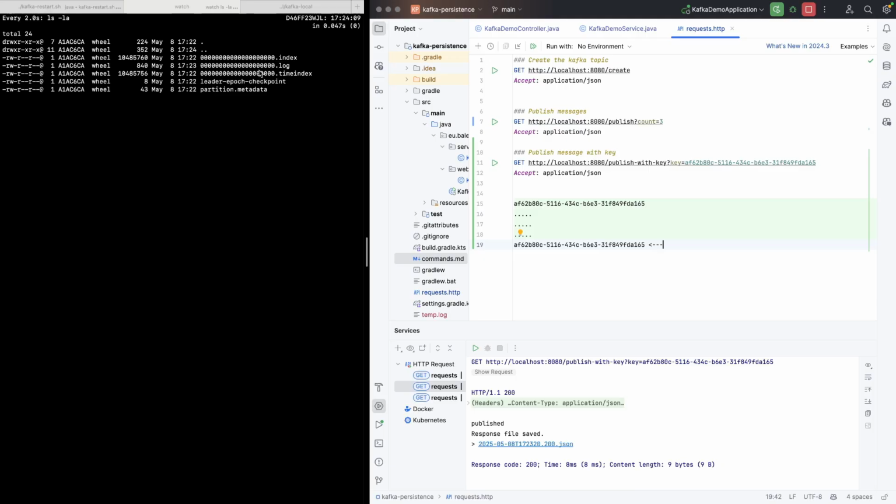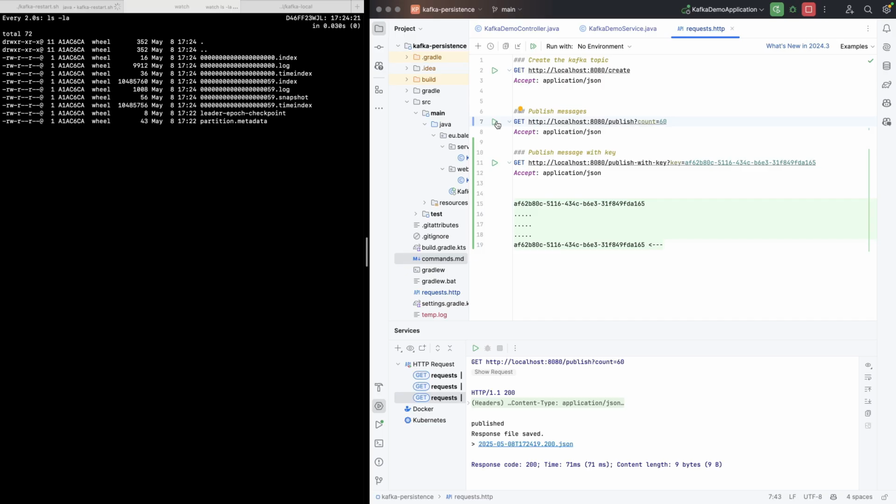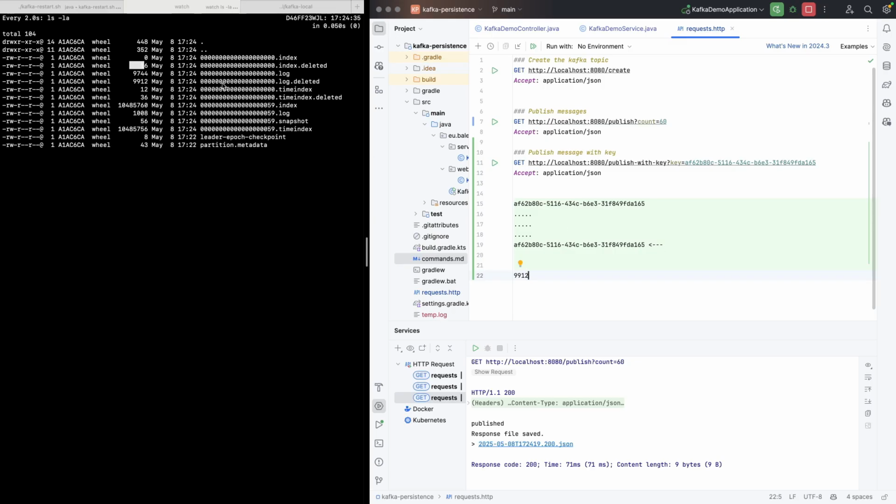And here we will be able to rotate the segment if we publish more than 10 kilobytes. That's why I will publish, for example, 60 more messages. So 60 more messages are published, and you can see that we have our log file with this size. And we have to wait for a few seconds, and you can see that something strange happens. New log files appear